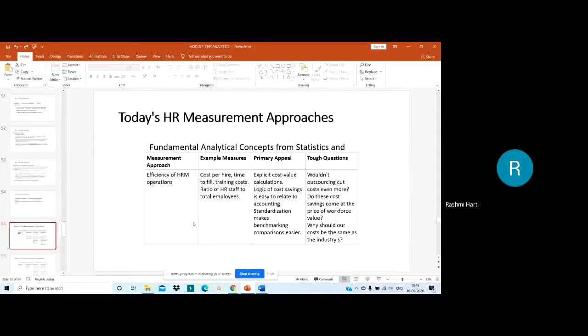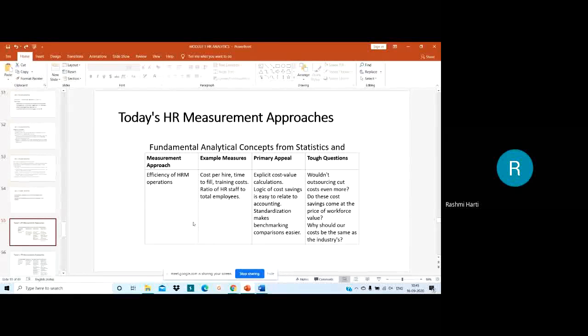So when we speak about fundamental analytical concepts from statistics, here is the efficiency of HRM. Examples to measure the efficiency of HRM: cost per hire, time to fill, as I said, I have shown you already the table, right? Ratio of HR staff to total employees, right? The primary appeal here is explicit cost. Value calculation, the logic of cost saving is easy to relate to. Accounting standardization makes benchmarking comparison easier. So you try to benchmark here the HR staff ratio to the total employees, right? Cost per hire, time to fill, training cost, the other ratios related to HR will be calculated here,